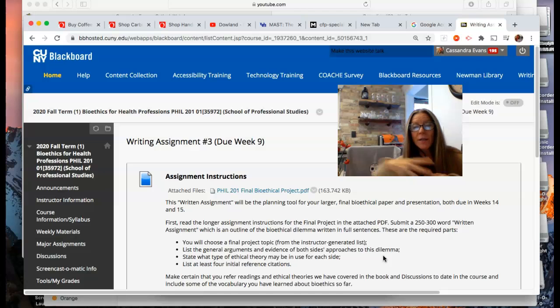When you're writing, in all of your subsequent responses, weekly and this final assignment, it's very important to me that you show me you know what utilitarianism is, or deontology. So if you just say, oh, a deontologist would be against stem cell research, you can't just say that. You have to tell me why. I know why, but you need to articulate it. That's the point of you being a student, is to be able to say the reasons why deontologists would be